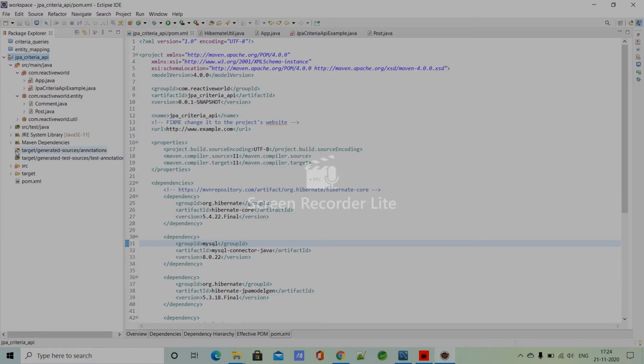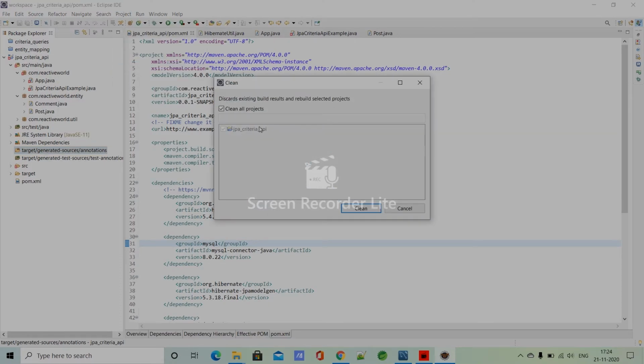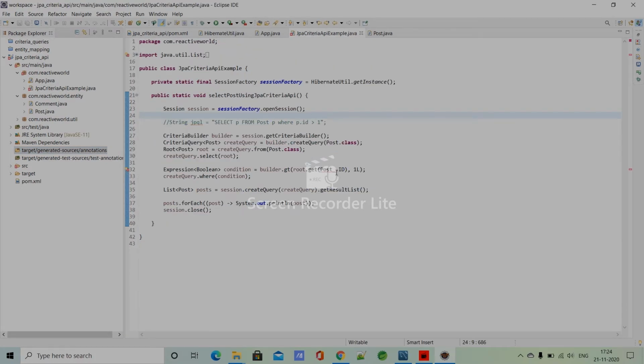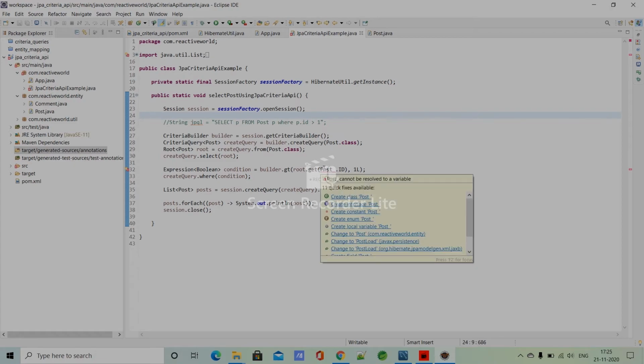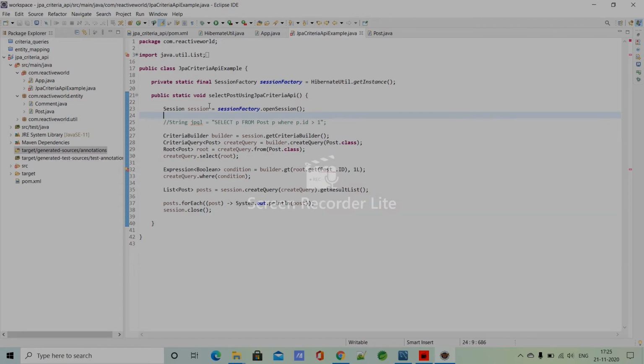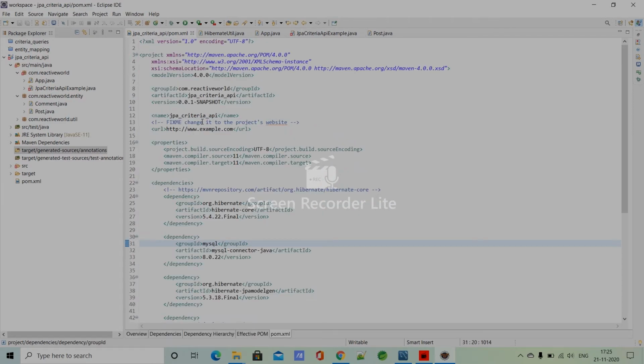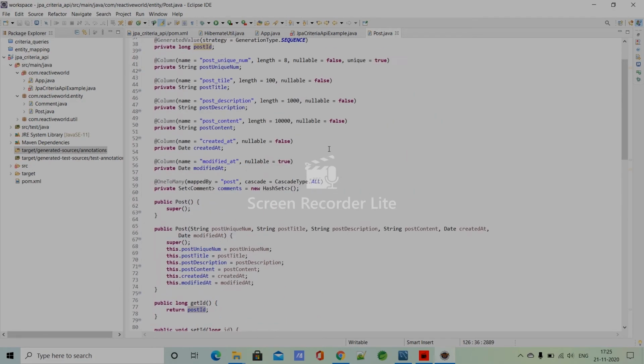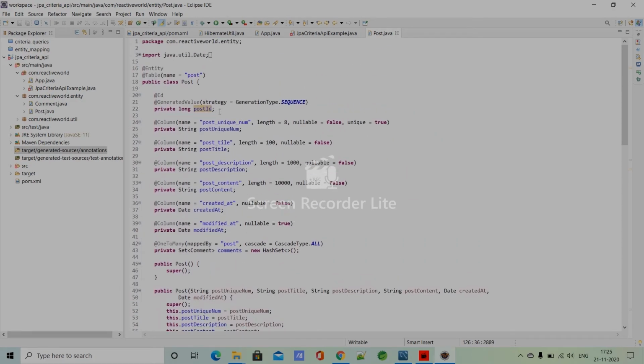So now the classes are gone. You can see now the Post_ class is not present. Now we have to run maven install so that new meta model classes can be generated. We have changed the id, now it is postId.